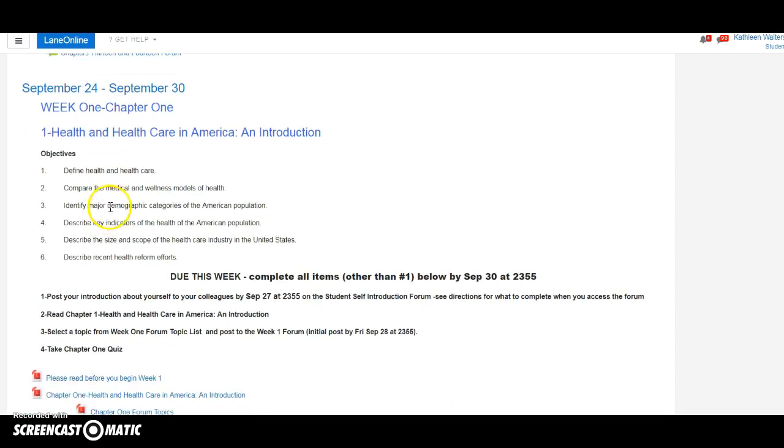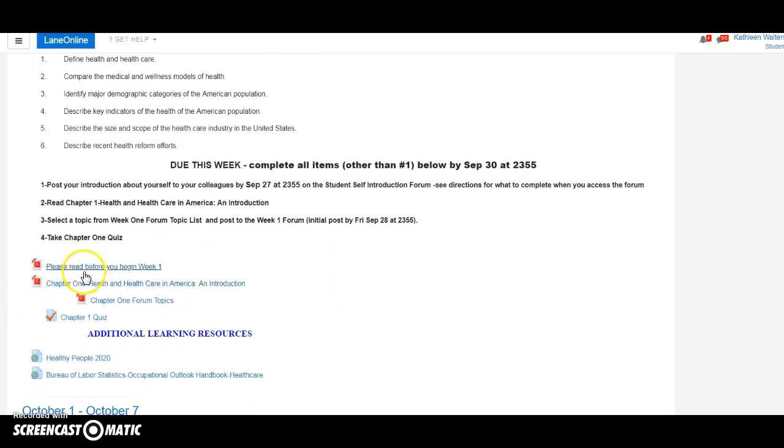Let me go over very quickly what each week looks like. I have the learning objectives, and then I give you the 1, 2, 3, 4, or 5, or whatever things have to be done. Each week I have a please read document. That would be the first thing that you would access each week. I go over a little summary of the week and things you need to do. And then here is the publisher's PowerPoint